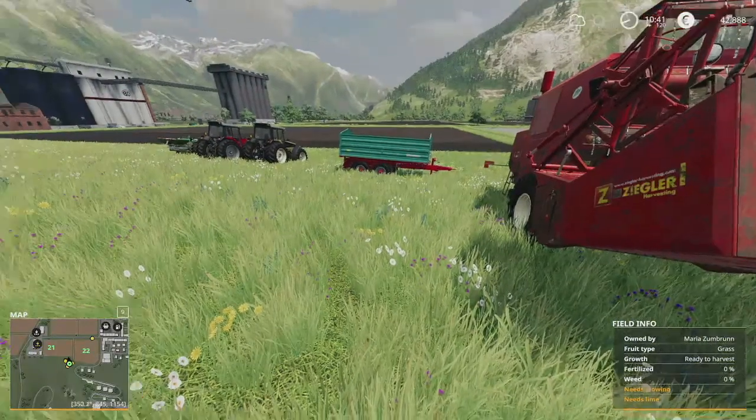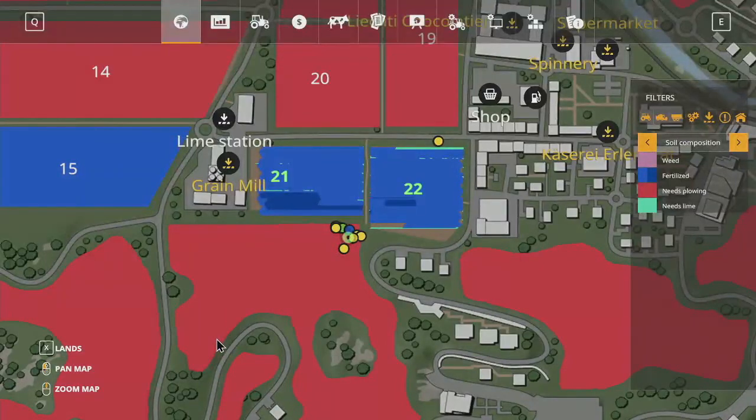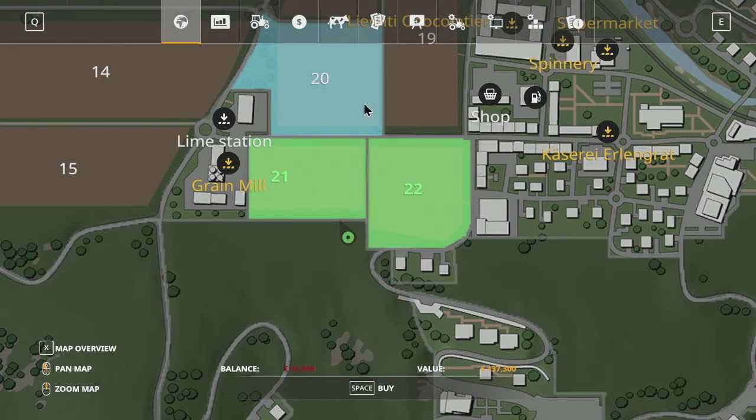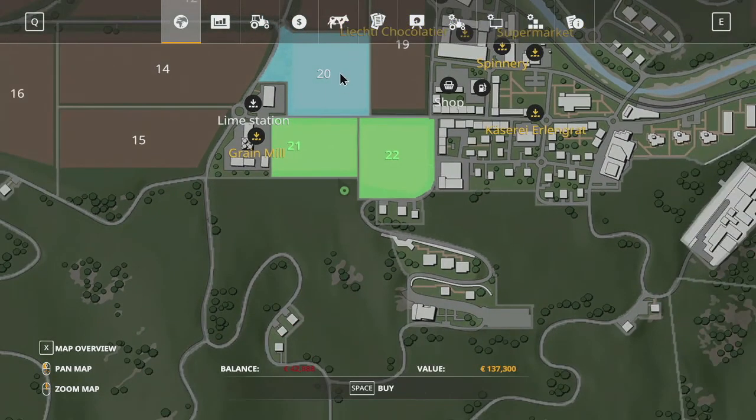But I'm thinking maybe what I want to do next instead is go ahead and buy this land here, which is 137,000. So that's not bad. But we're not going to plant a crop in there. We'll plow all that under, and we want to use this to build our farm. Then we can spend a little bit of money at a time putting up a house, putting up sheds,